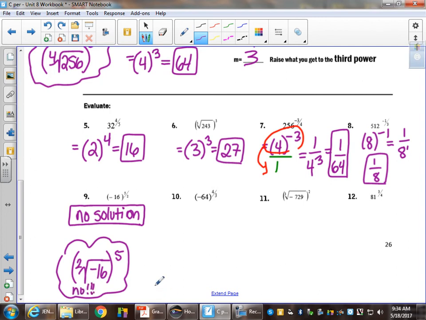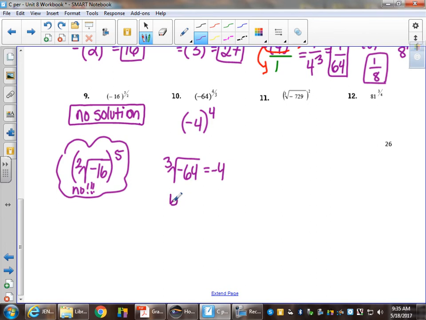How about 10? Who's got 10? Can we do 10? No. What's the root? Third root of negative 64 is negative 4. We can take the odd roots of negatives. So again, as a reminder, third root of negative 64 equals negative 4. That can happen because